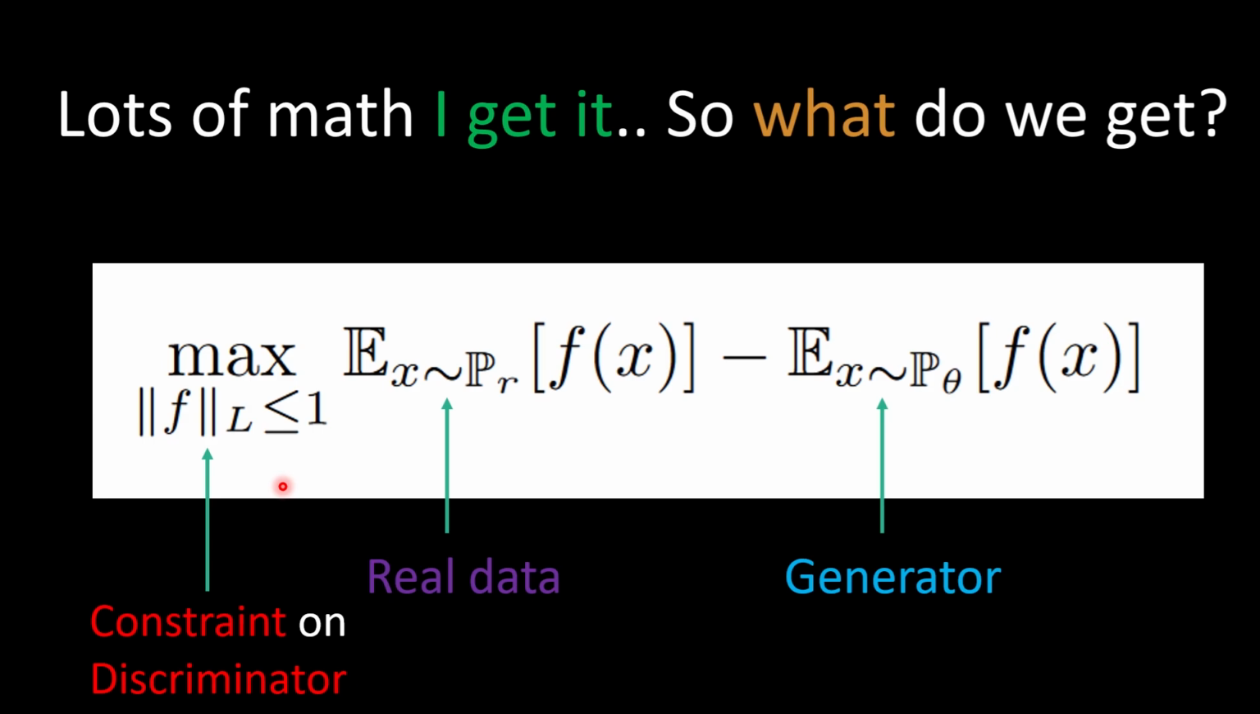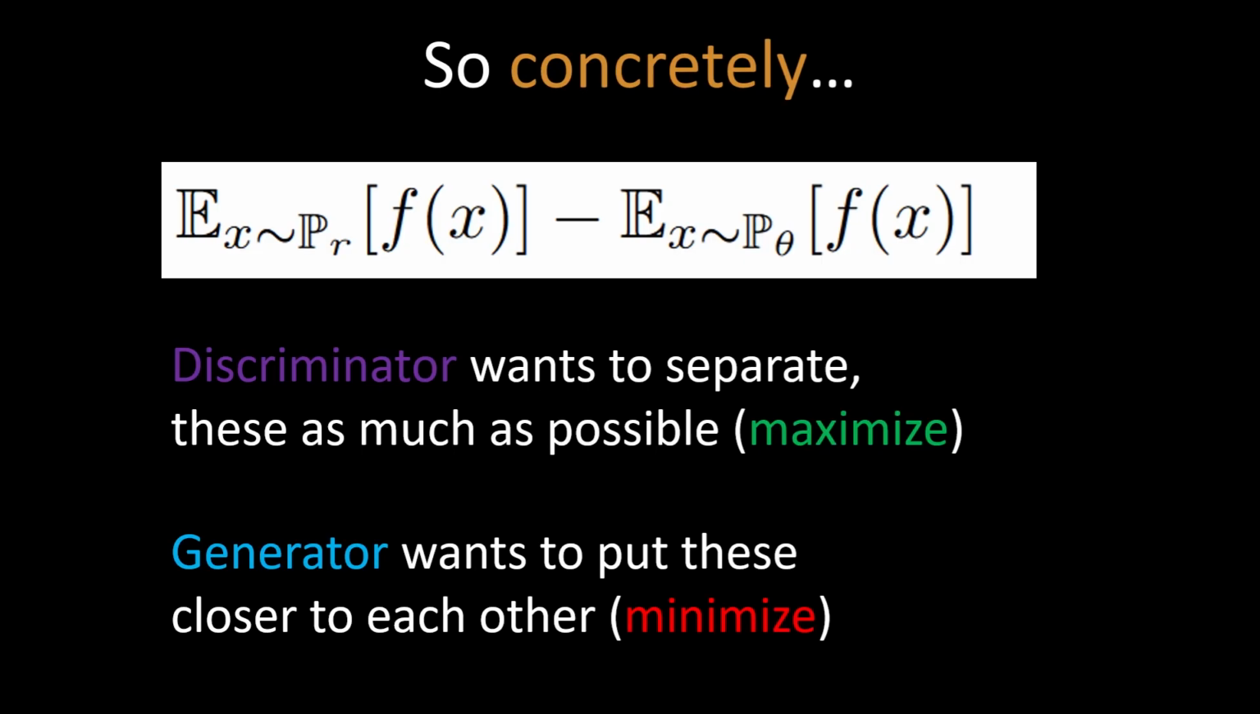And I won't go into more depth on what that actually means, but essentially what it means is that we need the norm of the gradient of f to be less than or equal to 1. But more concretely, what we get is that we have this expression right here,